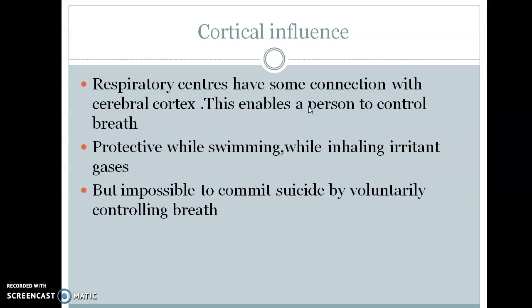When the blood level of carbon dioxide is very low, in the condition called hypocapnia, the chemoreceptors will not be stimulated. No impulses will be transmitted from them to the inspiratory center. The inspiratory center will